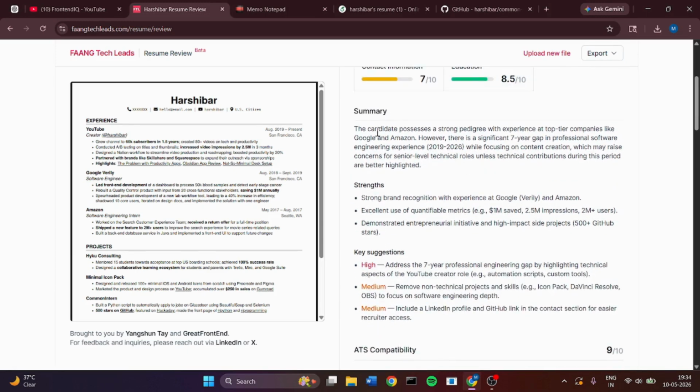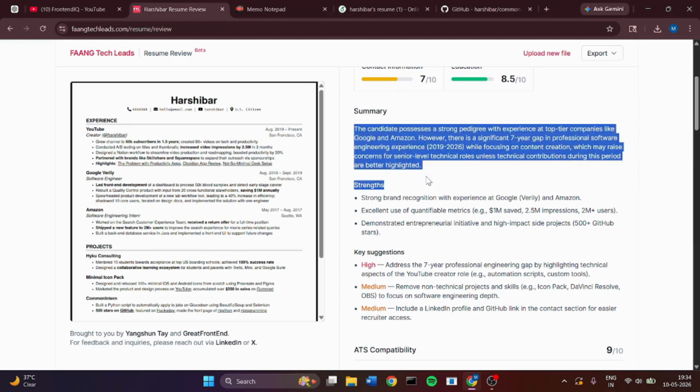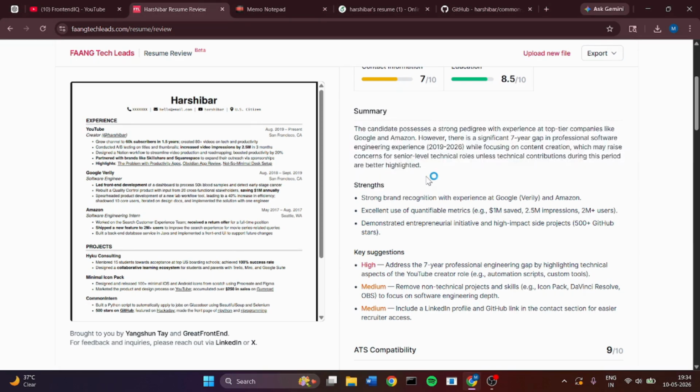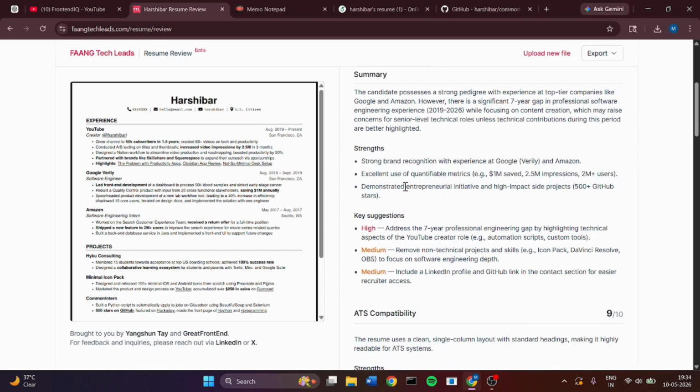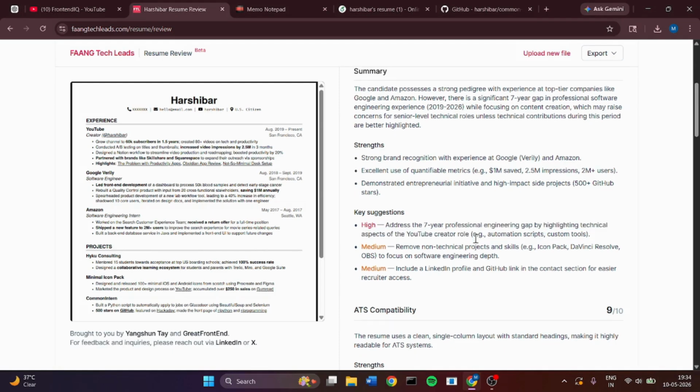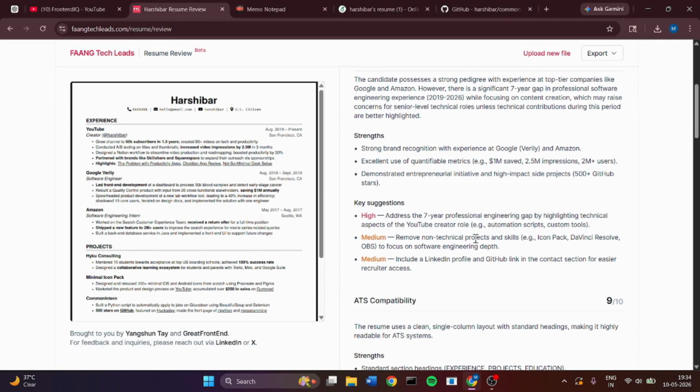It also helps show which points are very strong and which points are weak, and it can also suggest you use this instead of this. For example, key suggestions: address the 7-year professional engineering gap by highlighting the technical aspect of the YouTube creator role. So this one is a good impact.